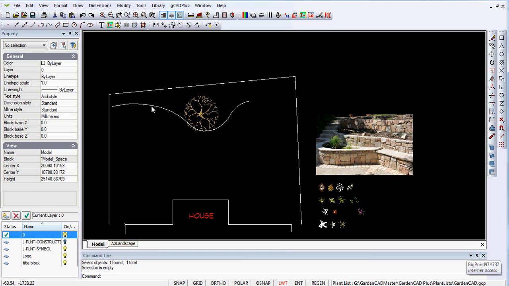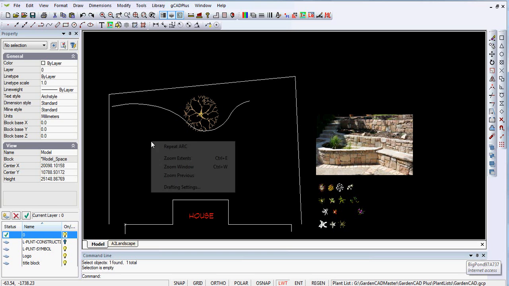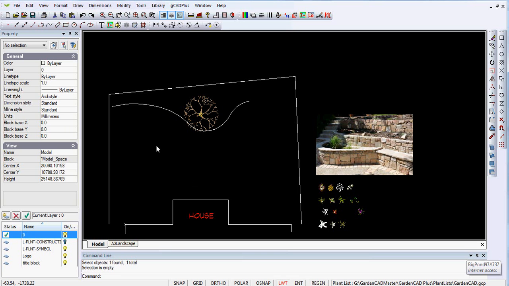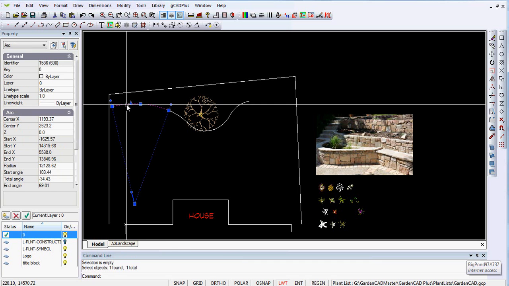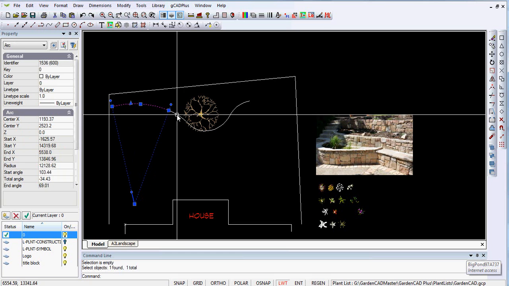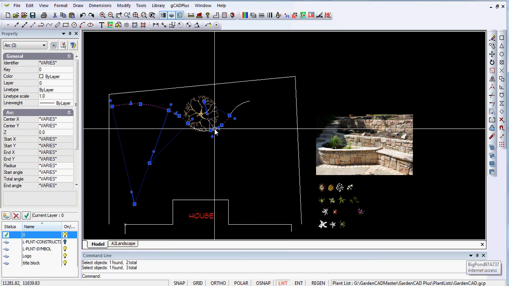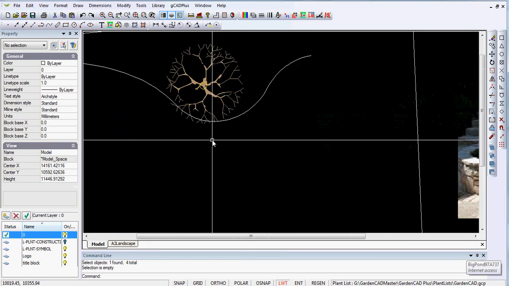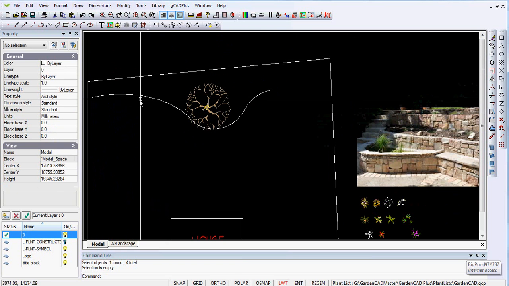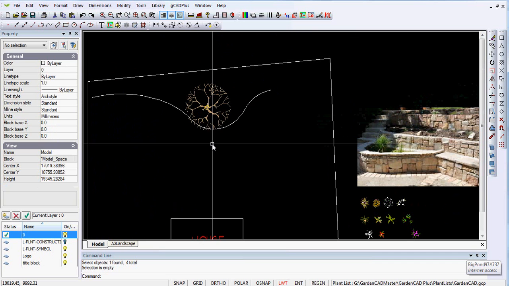So I'm using the arc command here. If we hit the enter key first and then select the first arc that I drew, you can see it there. The second arc is a shorter one. There's the next two arcs. So this is a series of arcs running through here which will delineate the approximate shape of the new retaining